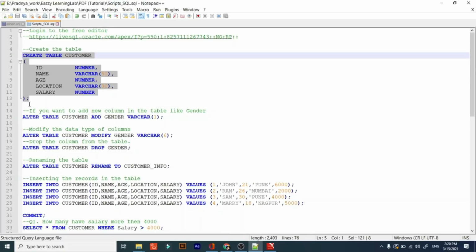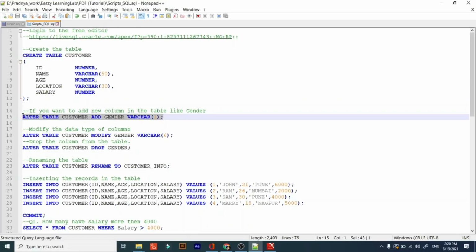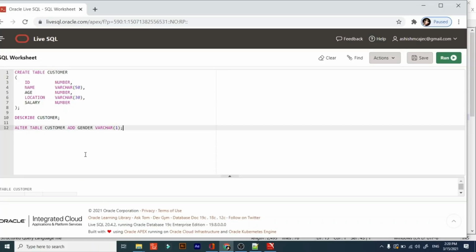Before inserting, we will try some alter statements. Like if you want to add a new column into the table, just use this command. Alter table name, add column name.